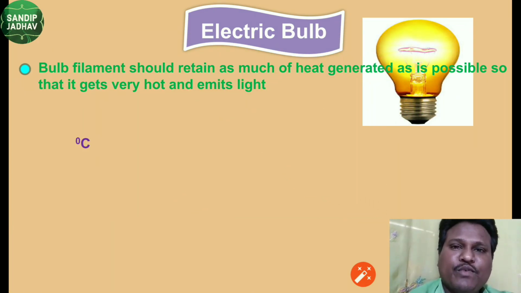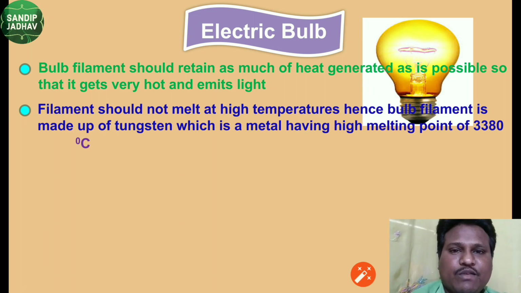So there are four important points regarding the electric bulb. The bulb filament should retain as much heat as possible, due to which it becomes very hot and can radiate light. Second, the filament should not melt at high temperature. If it melts, then the circuit will be broken and therefore we will not get light energy. So the filament should become very hot, but it should not melt. That's why bulb filaments are made of a metal like tungsten, which has a very high melting point of nearly